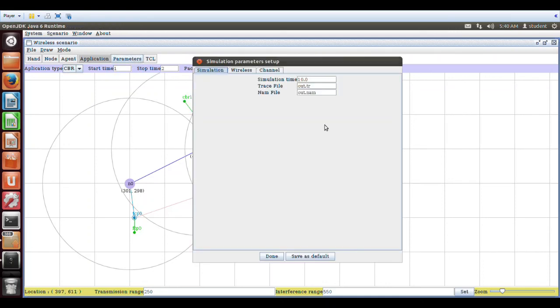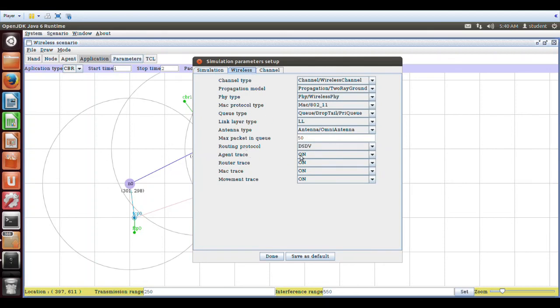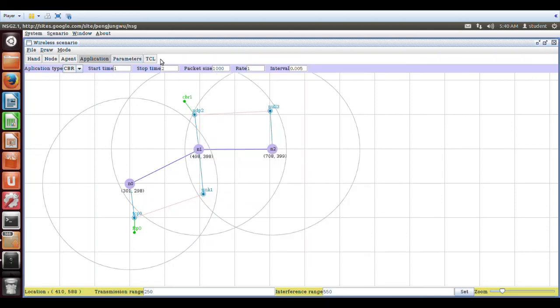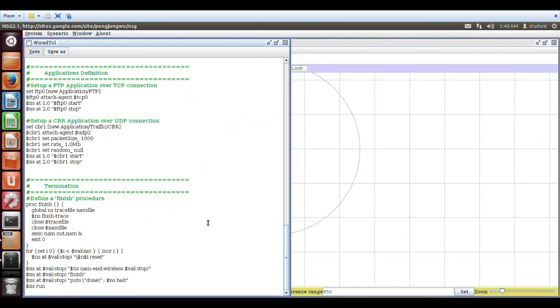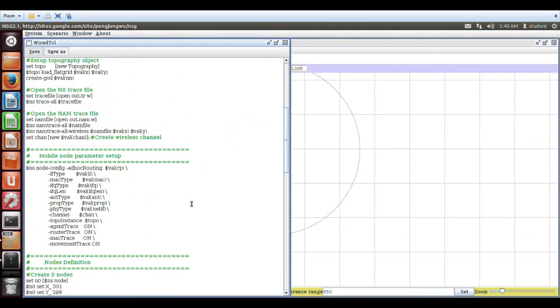And you can go to parameters. All the parameters, like in the simulation, you can change it to program 4 for ease of writing the AWK file. Next, go to wireless and click on this routing protocol and select AODV, and all the other properties remain the same. Next, click on done and the TCL program will automatically be generated. The only thing which you have to look into is the AWK file. That ends program number 4.